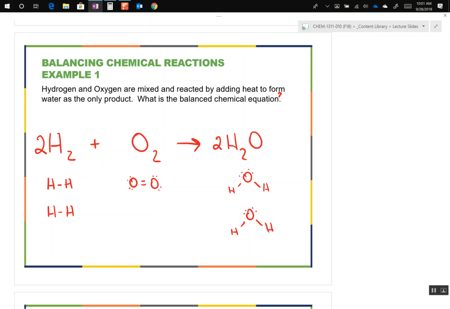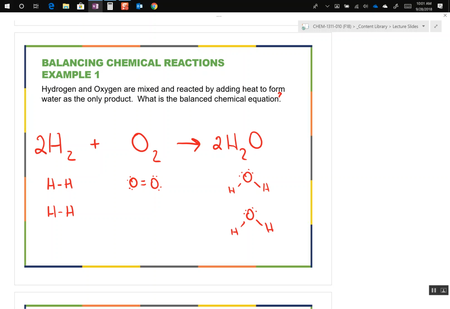I have the same amount of stuff on each side of the reaction, which means there is a conservation of mass. Okay, there is a conservation of mass. 2 oxygens and 4 hydrogens weigh the same as 2 oxygens and 4 hydrogens. Okay, conservation of mass. All right, so balancing chemical reactions is simply a matter of making sure you have the same amount of atoms on both sides